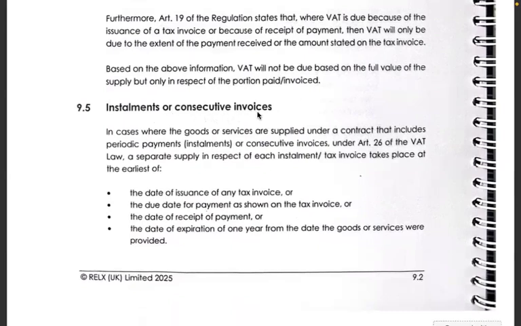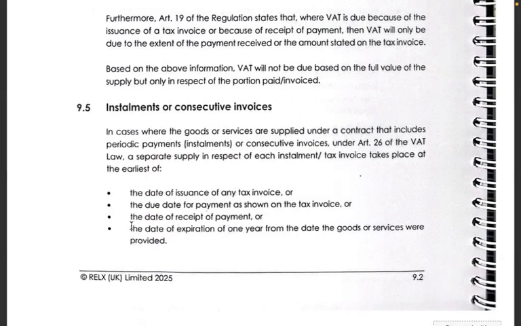Installments or consecutive invoices. There are bigger projects sometimes in which milestone based payments are there. In cases where the goods or services are supplied under a contract that includes periodic payments or installments or consecutive invoices, under Article 26 of the VAT law, a separate supply in respect of each installment or tax invoice takes place at the earliest of the same things that we read. The date of issue of the tax invoice, the date of payment as shown on the tax invoice, the date of receipt of payment, or the date of